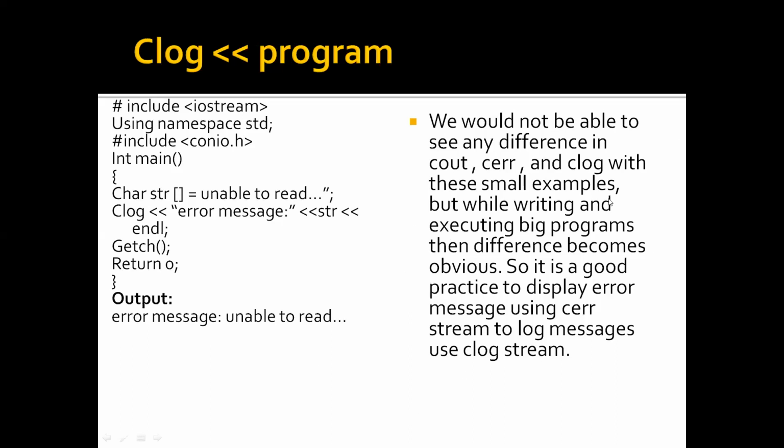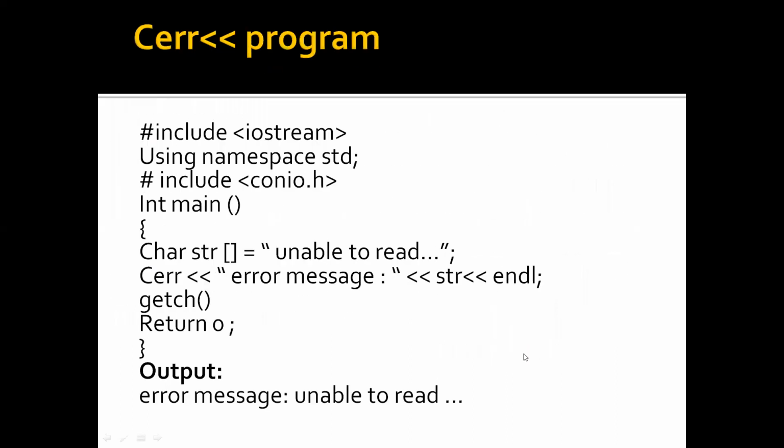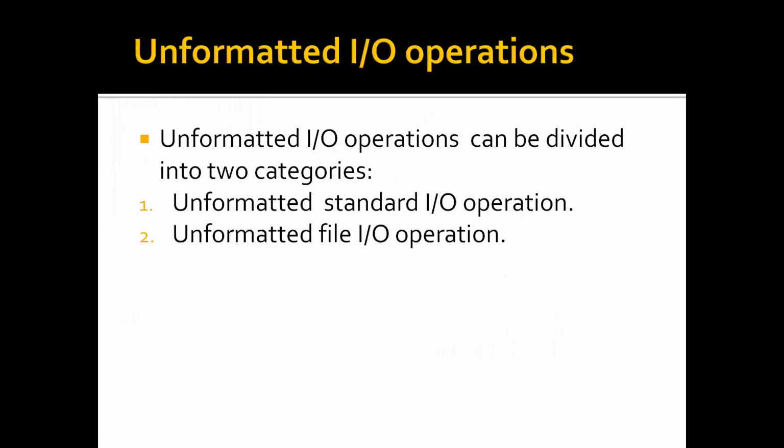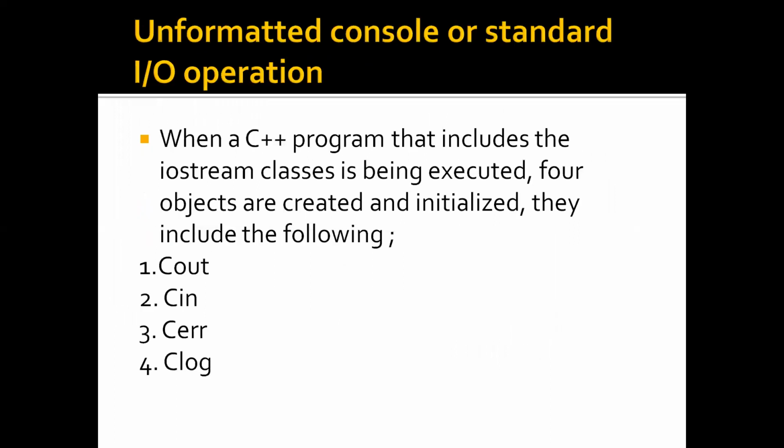If you write big programs, with a huge amount of code, you can observe the difference between them. So whenever there is an error message, it is a good practice to display it using cerr and to display the log message using the clog stream. So these are the four different types we have learned in unformatted standard IO operations. Let us see